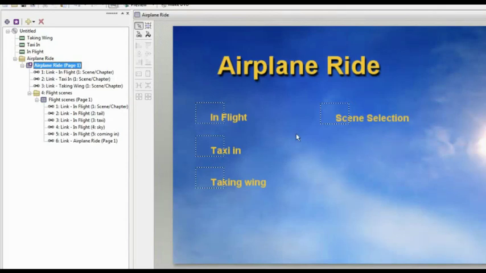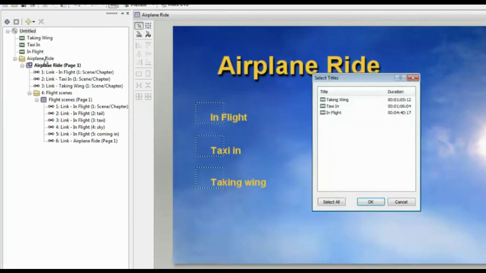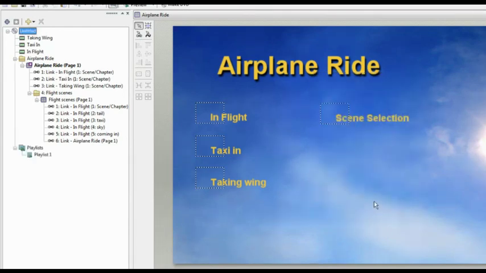If I want to create a playlist that will play all of these buttons, all of these videos one after another, it's very simple to do. I'm going to come over to my project overview window and click the Insert Object button and insert a playlist. It brings up the Select Titles box, which I'm just going to select all of those and say OK. It adds a playlist to my